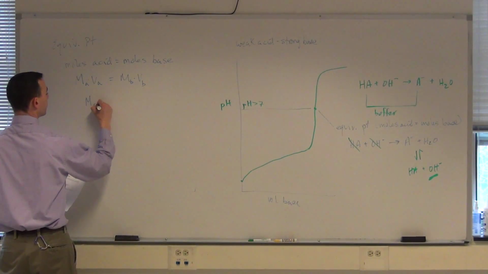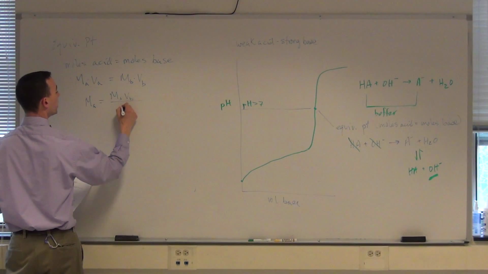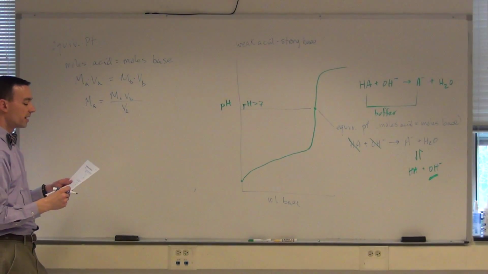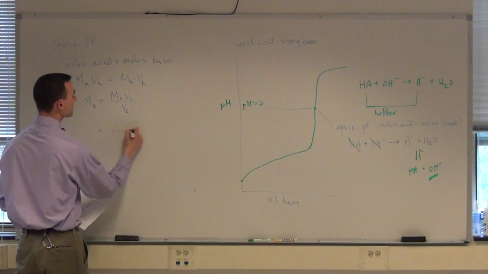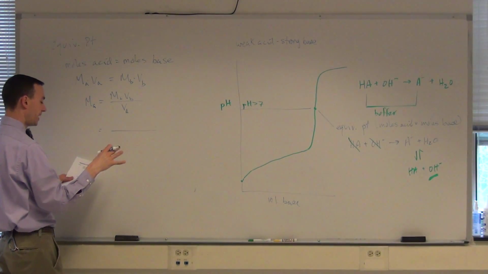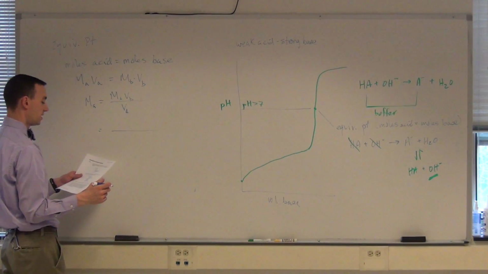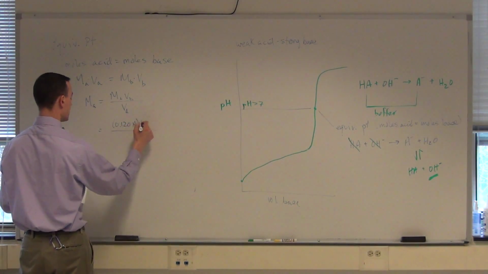And so in pre-lab question 1, you're asked to find the molarity of your acid that you're working with when it's used to titrate a base. So the molarity of the acid would be MbVb, the molarity of the base that you used, divided by the volume of the acid. So in this case we used 0.120 molar base and